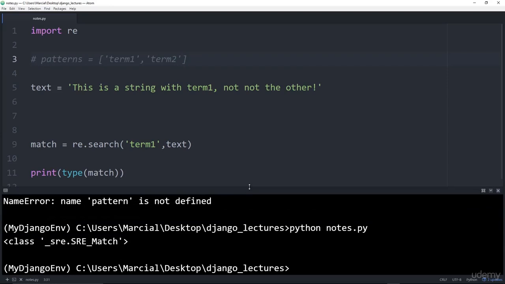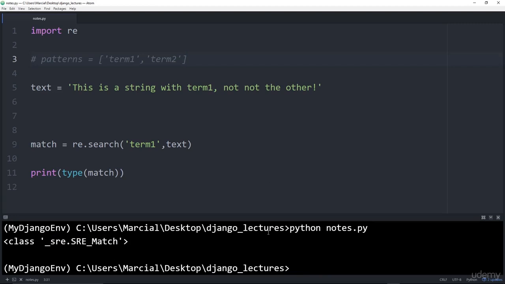Before, we were treating it as just a straight Boolean value, but it's actually this special regular expressions match object. So what does that actually mean? Well, this match object returned by the search method is more than just that Boolean or None. It contains information about the match. It already contains information about where the match starts and where the match ends. And I can grab it just by saying match.start,